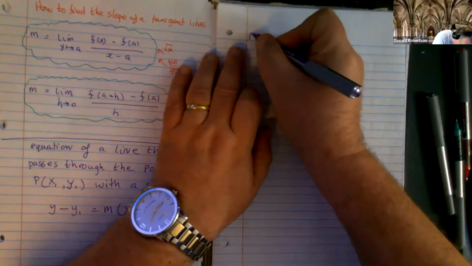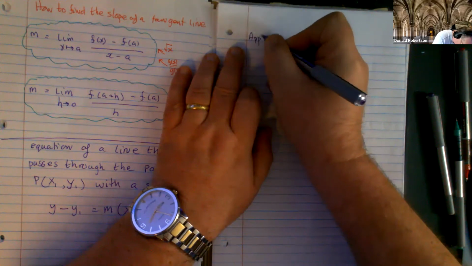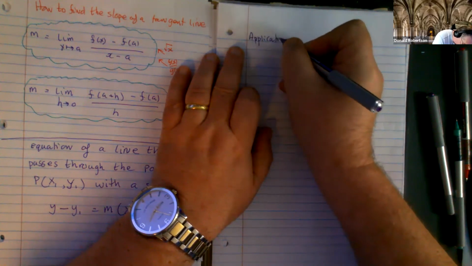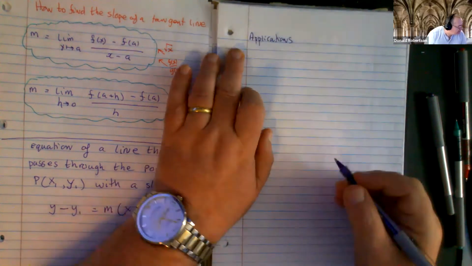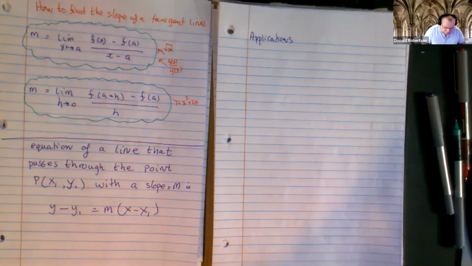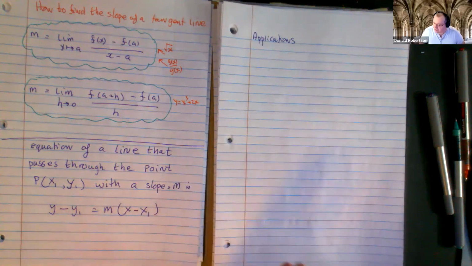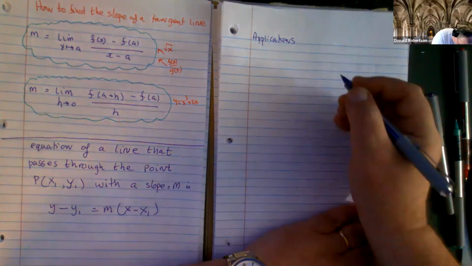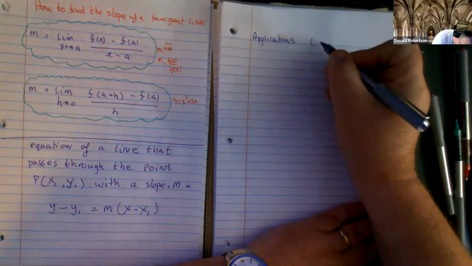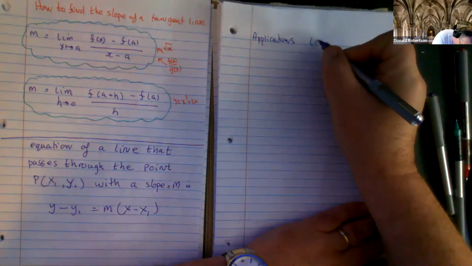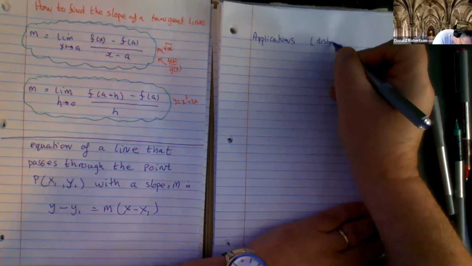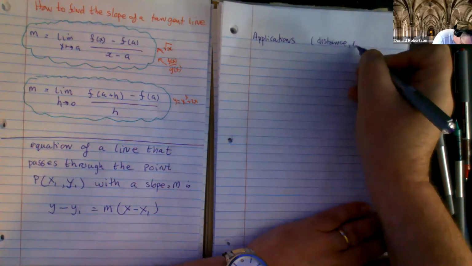So we're going to look at applications now. And I guess the question is, why would I want to know the slope of a tangent line? What does it tell me that is useful? Well, you find that in a lot of questions involving distances or velocities,